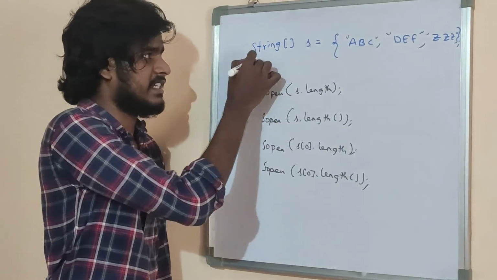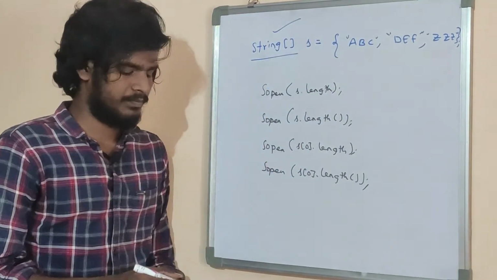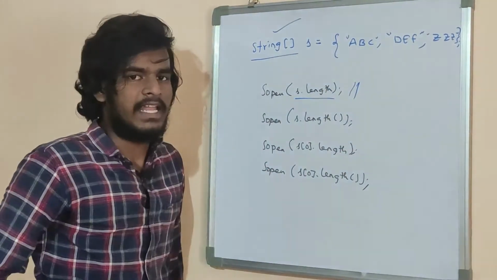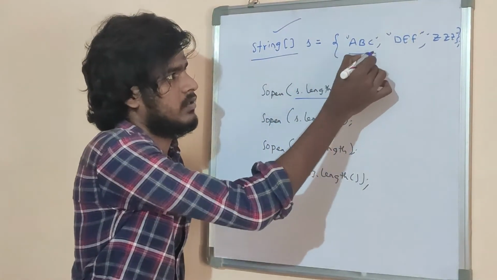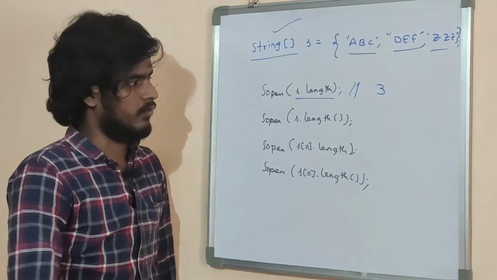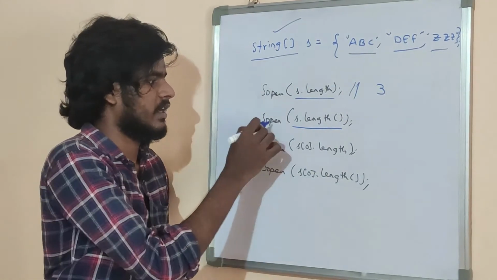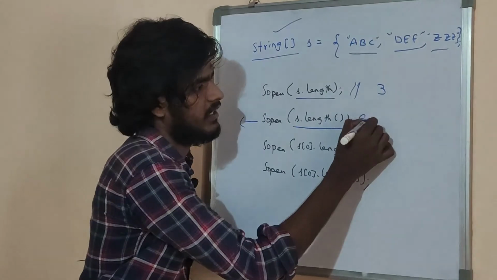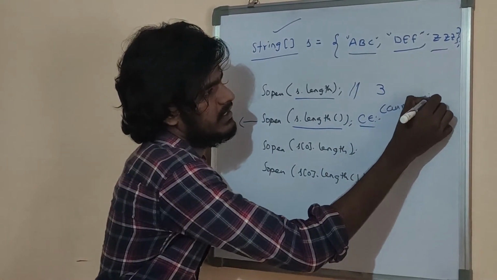Here string array is an array. What is the output? Length variable is applicable only for arrays. s dot length, 1 2 3. The size of array is 3. Here it is the s dot length method. Length method is applicable only for string objects. Here we will get a compile time error saying cannot find symbol.